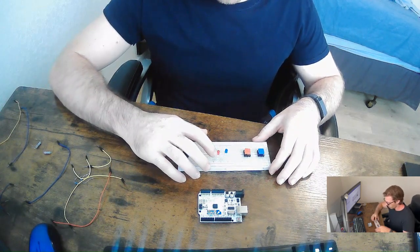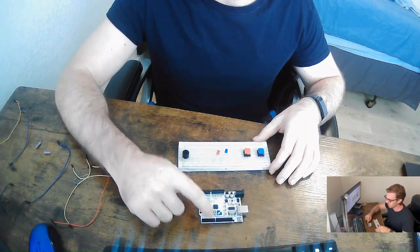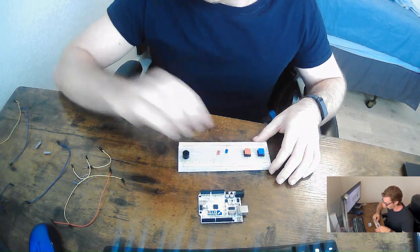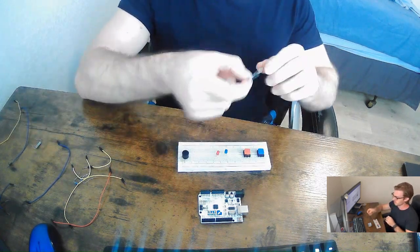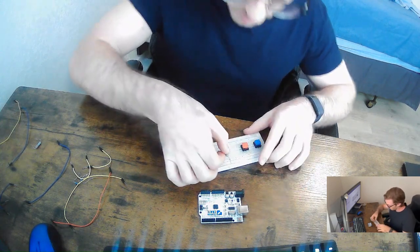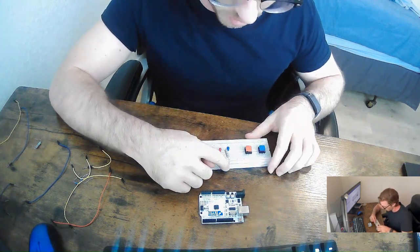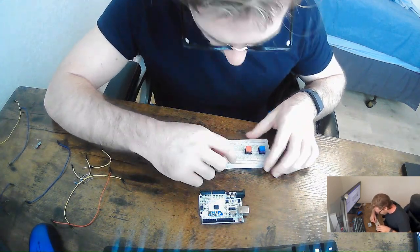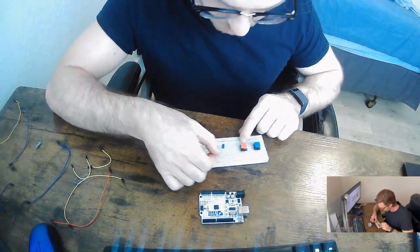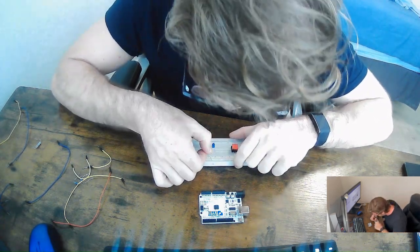The only thing with the LEDs is I've learned that from the Arduino, it's going to provide 5 volts, and 5 volts is enough to blow the LED. So we're going to need to have a resistor in place. And this resistor is going to help not break the circuit, or break the LED. So we're going to basically go from the negative rail all the way to right after where the negative side is. So we're going to jump that